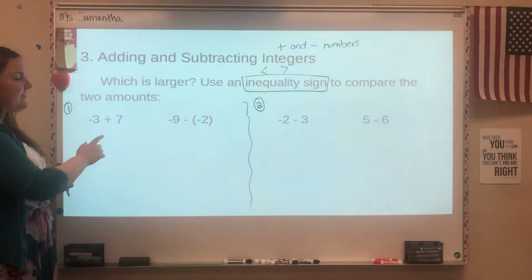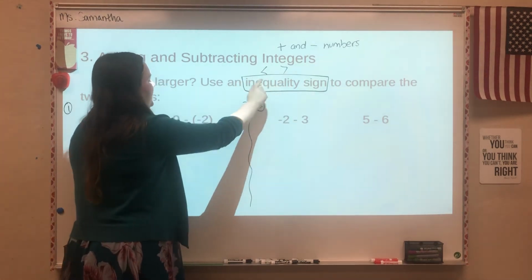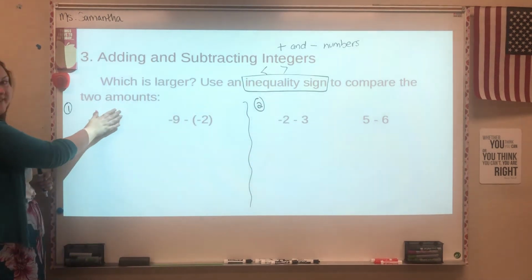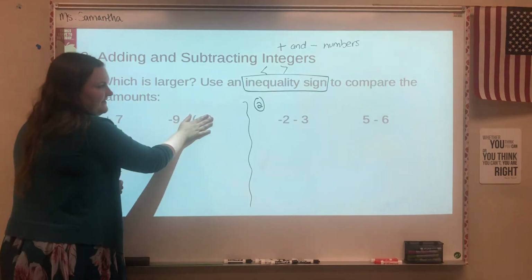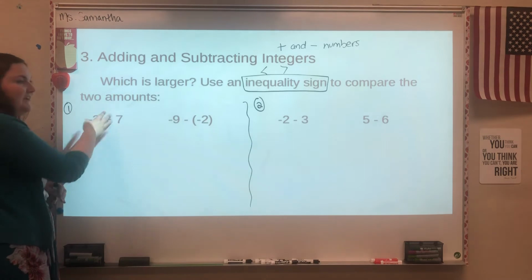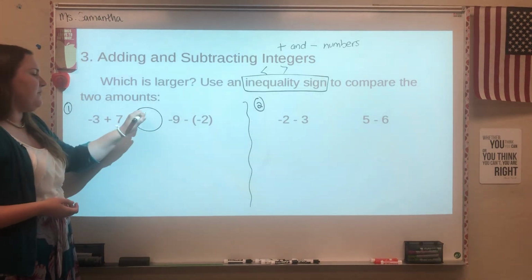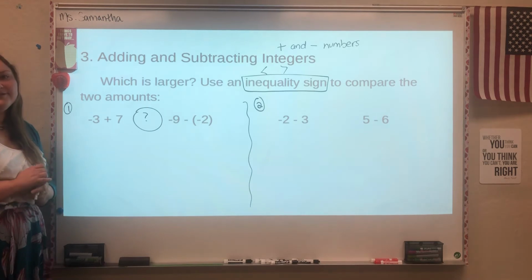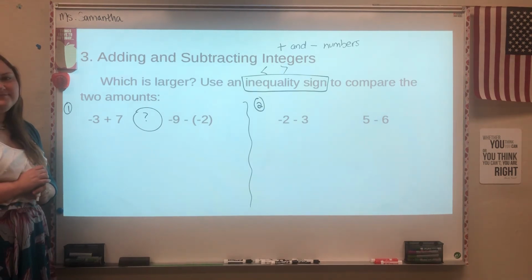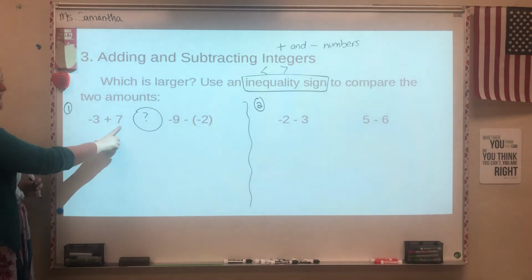So what they're asking for in this problem is to use one of these inequality signs to compare how much is on this side with how much is on this side. Is this side less than this other side, or is this side greater than this side? Go ahead and try figuring out what inequality sign goes here now. All right. Well, if we go to do this problem, -3 plus 7,